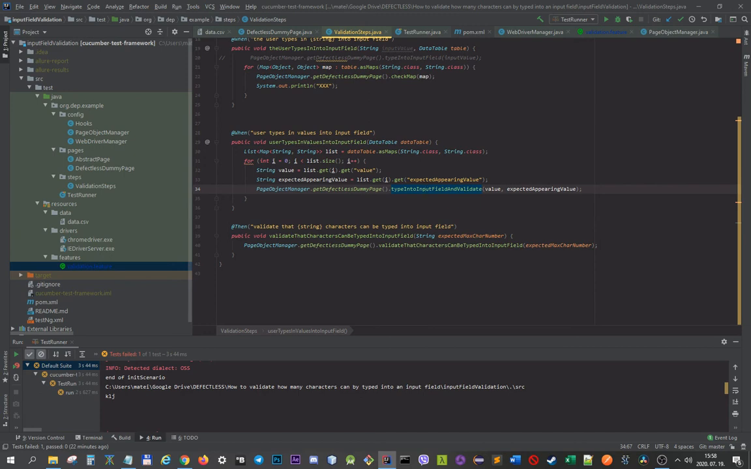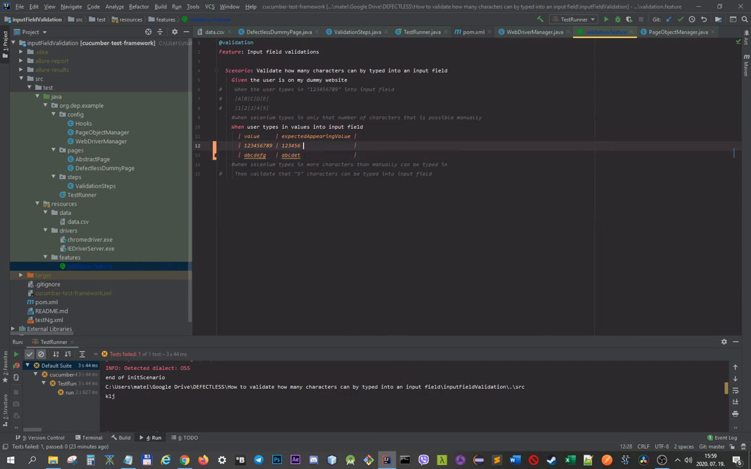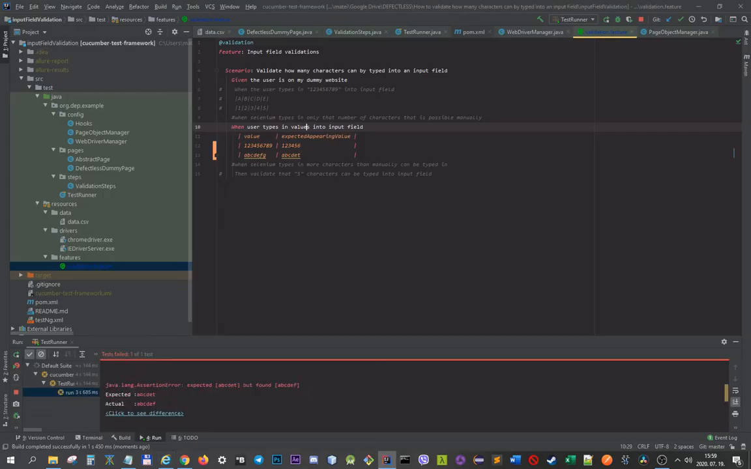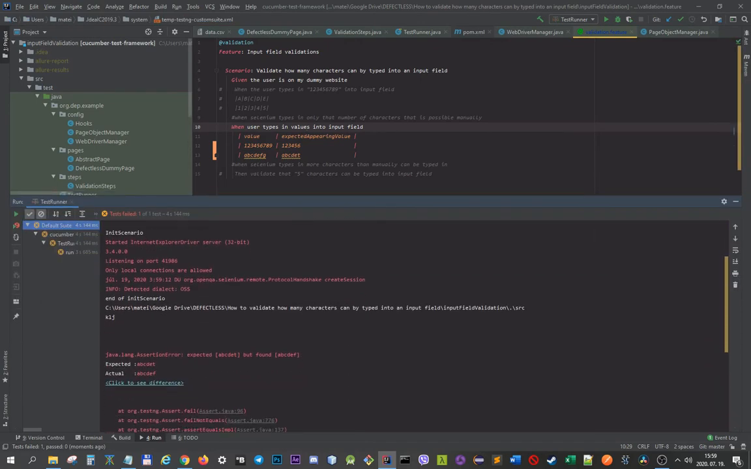So here I'm using a data table, and in this method I'm comparing the expected appearing value and the actually appearing value. So if everything is working properly, and the sendKeys method is working properly, then you can validate the input field like this. I will just run this quickly. And right now it says,